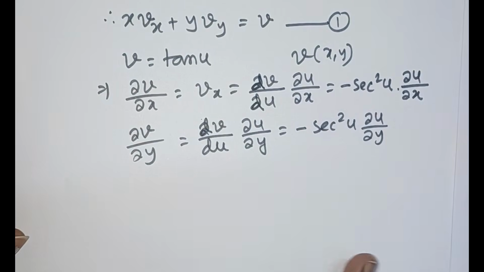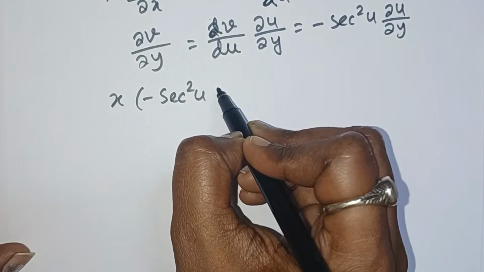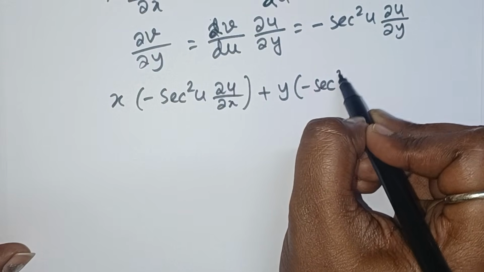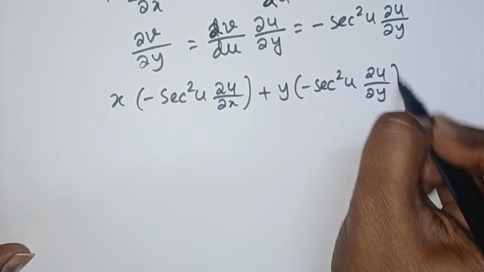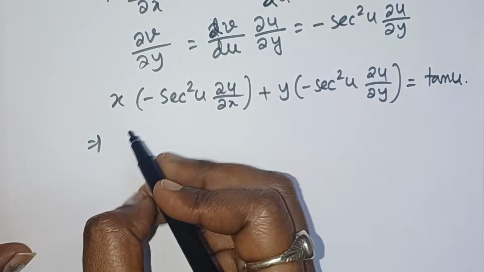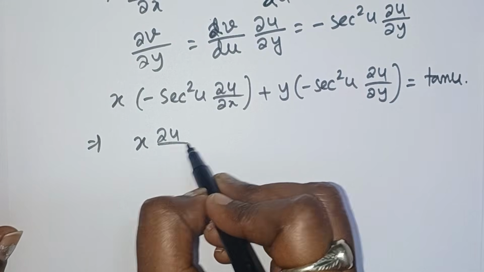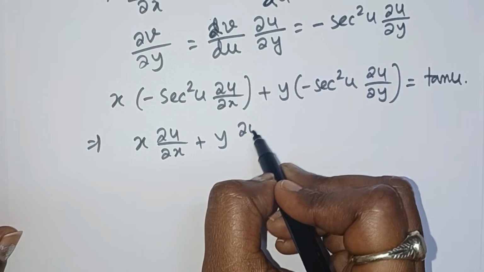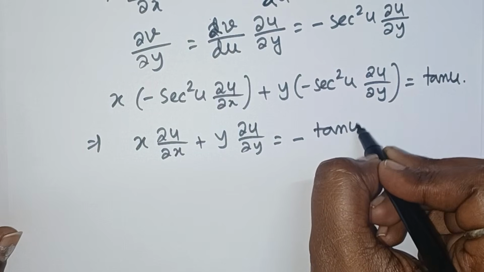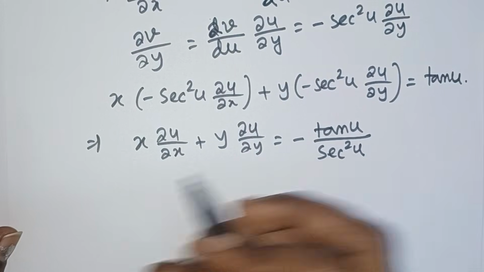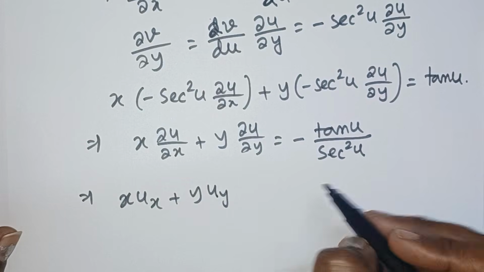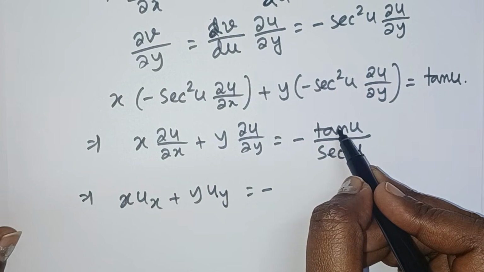Now we will apply all these values in equation 1. Then x into minus sec²u u_x plus y into minus sec²u u_y equals v, and v is equal to tan u. So solve this. x u_x plus y u_y, if you take minus sec²u to the right-hand side, then we will get tan u by sec²u with a minus outside. Now x u_x plus y u_y equals minus, this is sin u by cos u